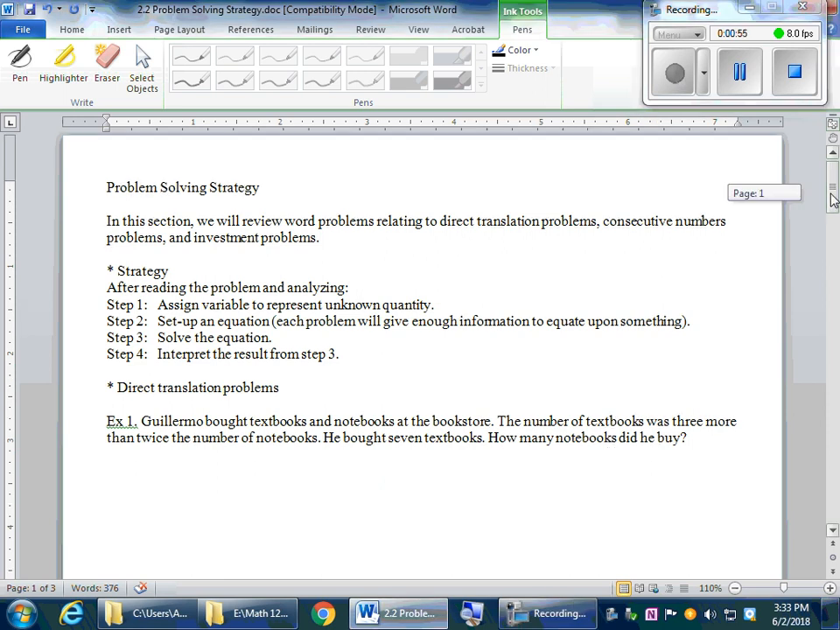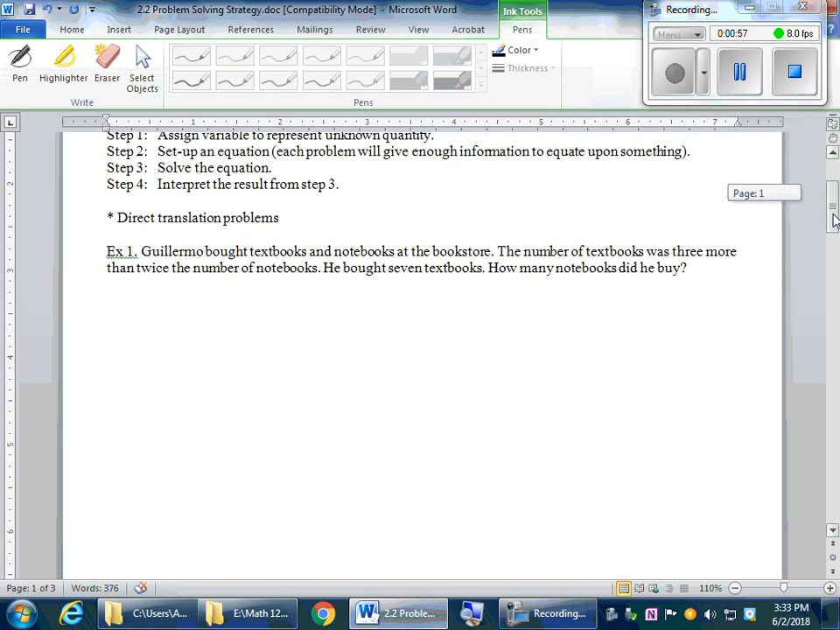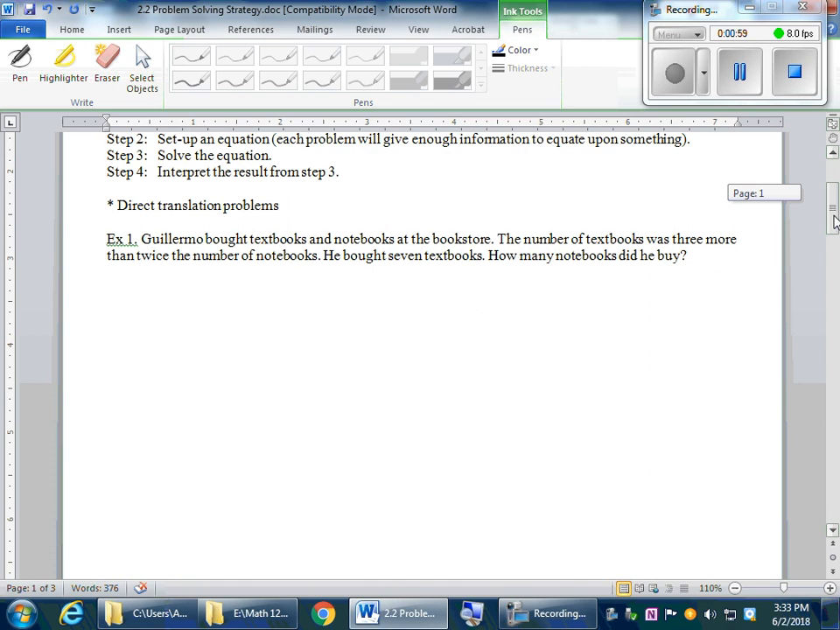So let's take a look at the direct translation problem. This type of problem gives you enough information to set up the equations, so you don't need to use formulas or anything like that. Okay. So example 1,